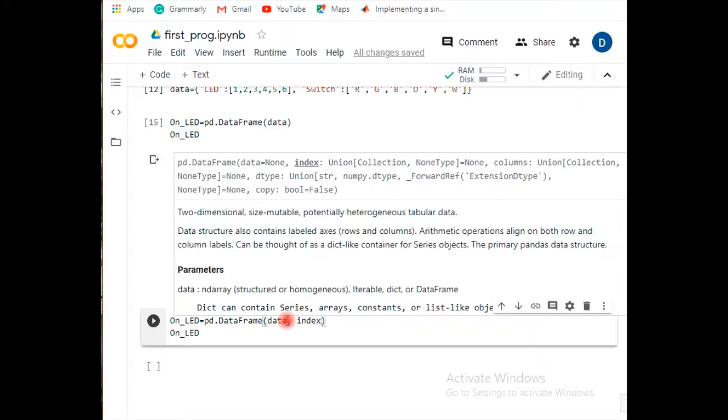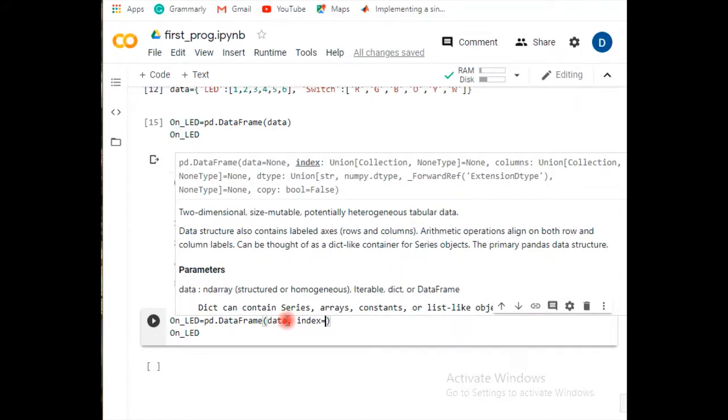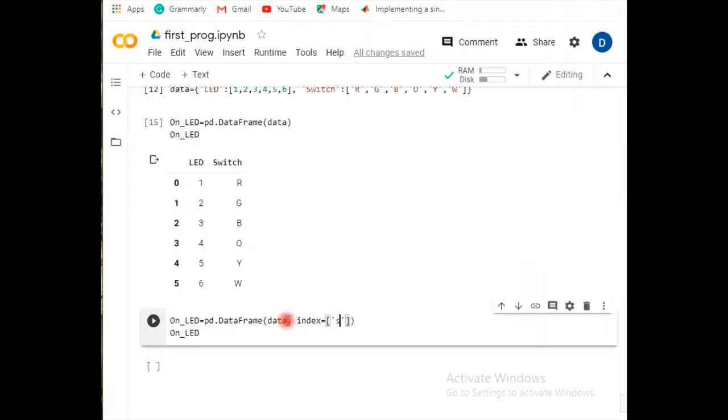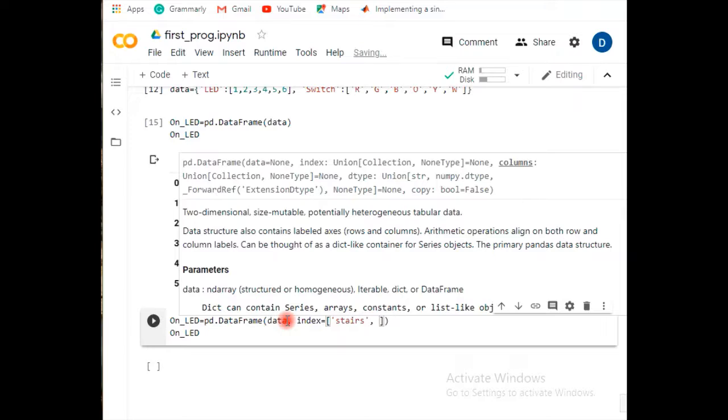How can I go for this? Index is equal to, now I'm assigning the index values. For the first, suppose I'm giving an index for stairs. So the first LED I'm using for the stairs, that is a red LED. And the second, maybe I'm using for the living room.